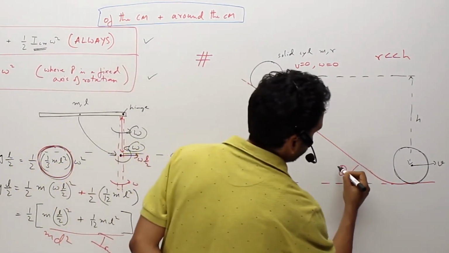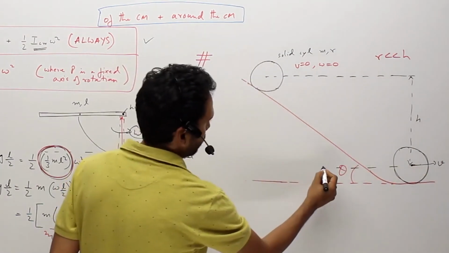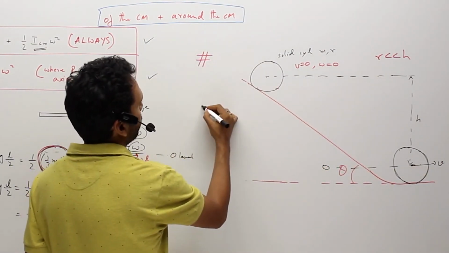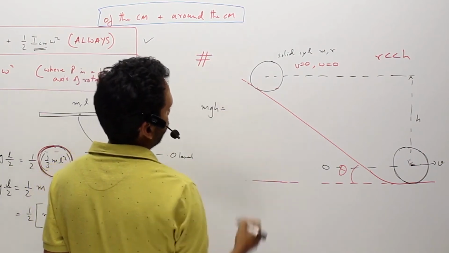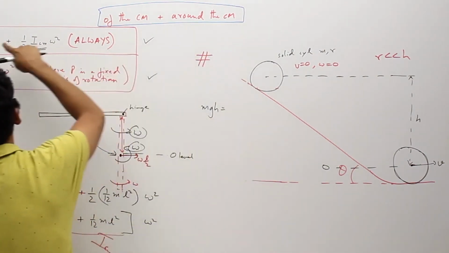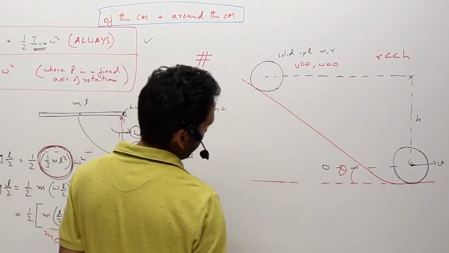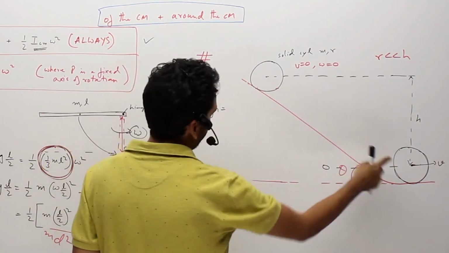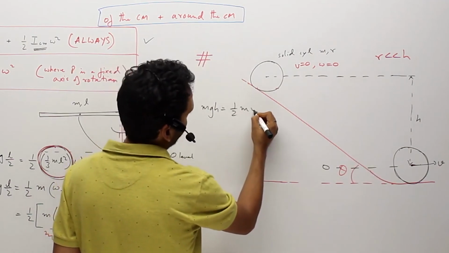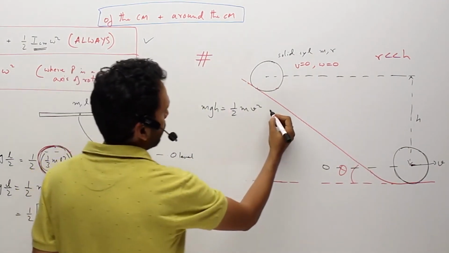Initial, say this energy is zero level energy, that's your zero level. So your initial energy is mgh. Final energy is given by the first equation only, it can't be given by the second equation. So what's the energy? As if it was a point body, it is half mv square, that's the kinetic energy,